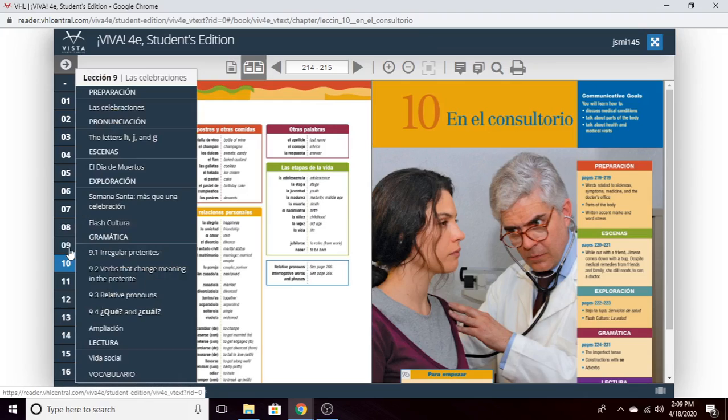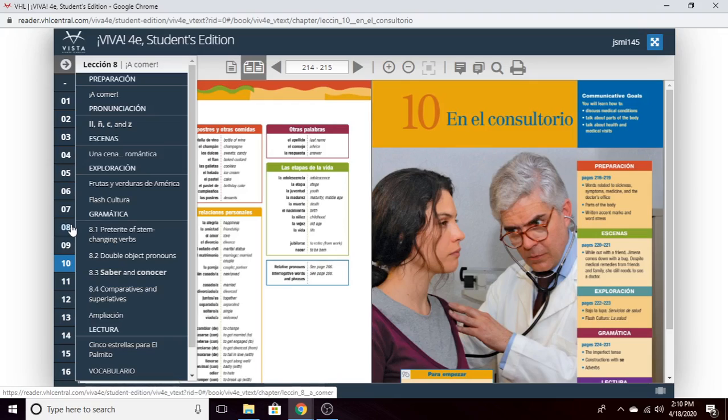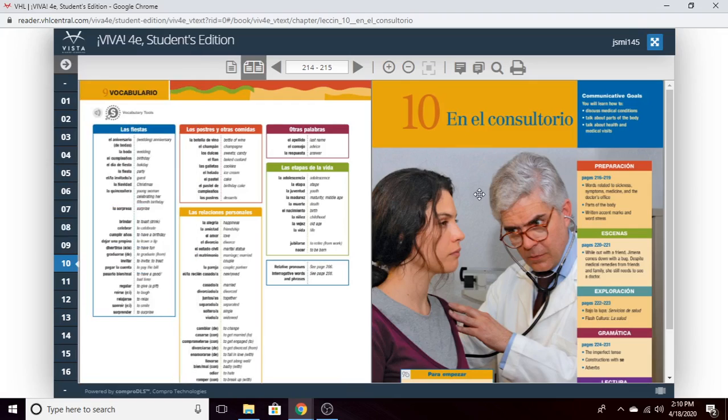Keep in mind that for your last composition, you'll be incorporating elements of chapter 9 and chapter 10. So one thing that we'll see is the past tense is in both of these chapters. Thematically, it's kind of hard to incorporate both celebrations and medical stuff, but it'll be easier for you to incorporate more of your grammar, preterite, and imperfect. Okay, so we'll get into chapter 10, our last chapter for Spanish 102.